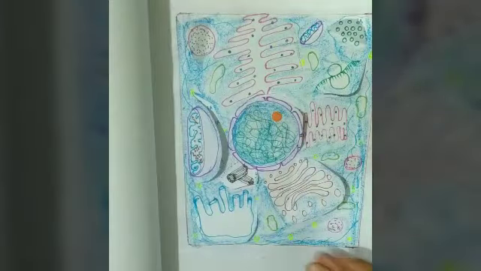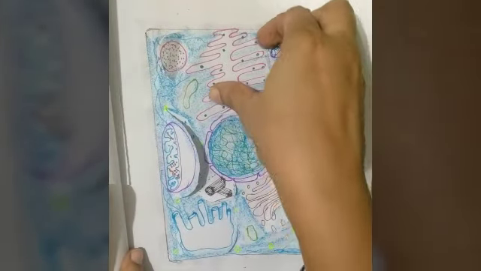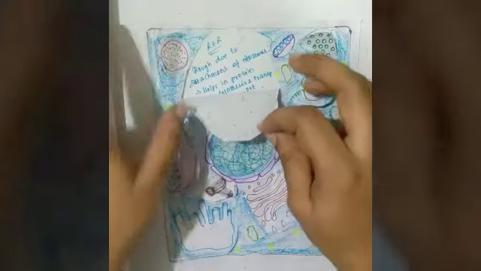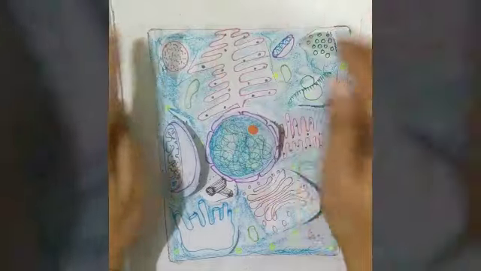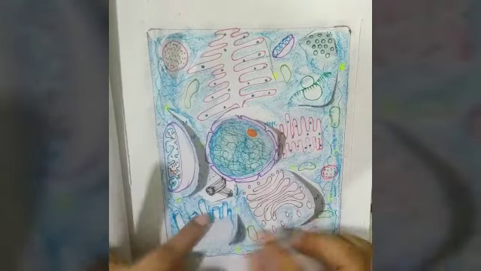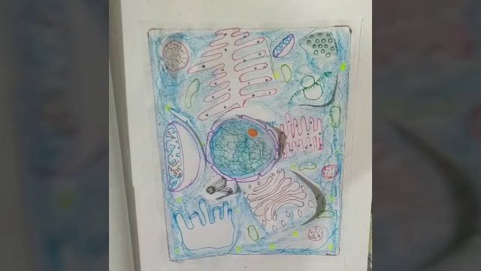When you close the book, it's like this. When you open it, you'll have interactive notes, so that when you open anything, you'll have an answer, like this. You have an answer for everything. I hope you like this video, and please use the textbook, and make a plant cell of your own in the same way, so that it helps you a lot.